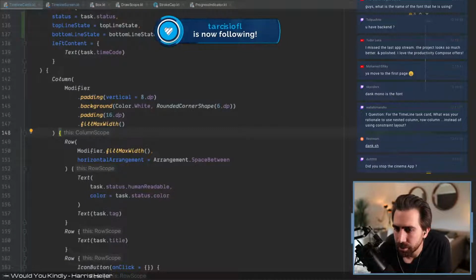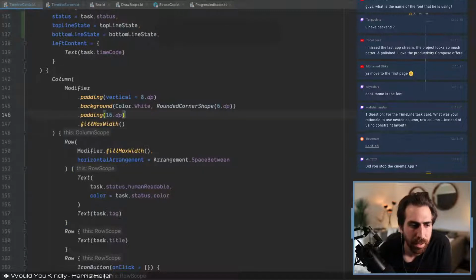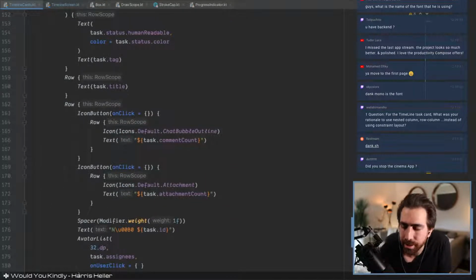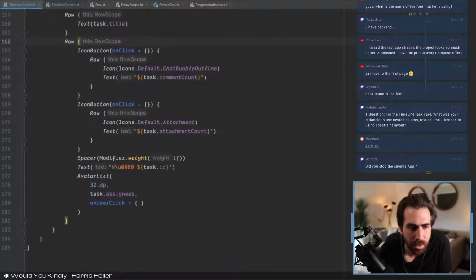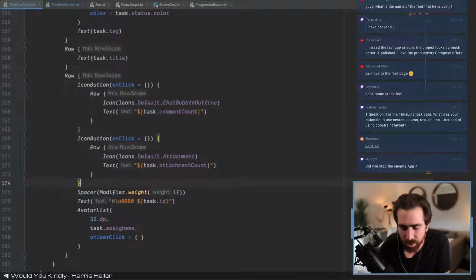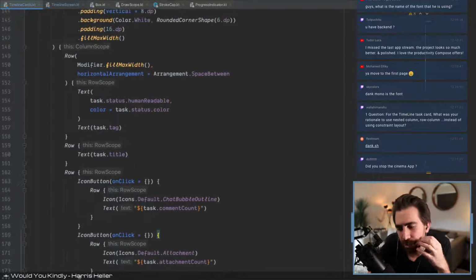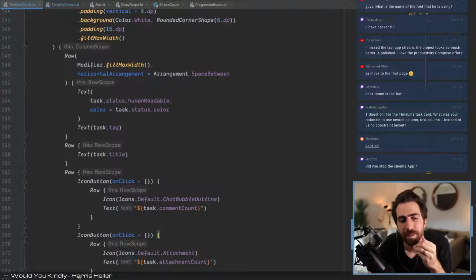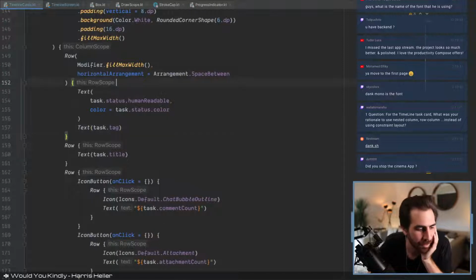And then Dot asked, did you stop the cinema app? Yeah, the code's on GitHub. There was a ton more polish to do on that, but I felt like working on it wasn't the most entertaining thing, and so I thought moving on to a different example was good. But let me know if you disagree with that, and if you think that it would be nice to continue on that app. So I don't know. It felt like time, but I was pretty happy with some of the learnings that came from that example. So